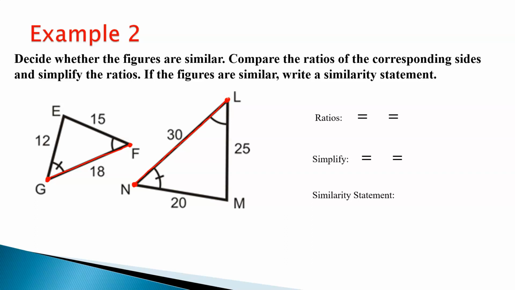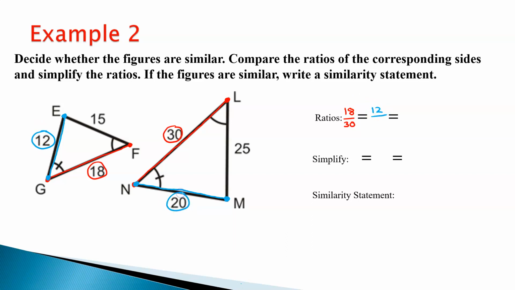All I want to do now is write a fraction. I'm going to set up my first fraction here, and I'm going to go from left to right. So I'm going to write 18 over 30. All right, and then let's keep playing this matching game with different sides. I'll go here from G to E. So the one that had an angle marking with a line through it, and then the one that doesn't have any angle symbols, which in this case was M. I'm going to do the exact same thing. Remember, going from left to right, I did 18 over 30. Be careful here. I'm going to say 12